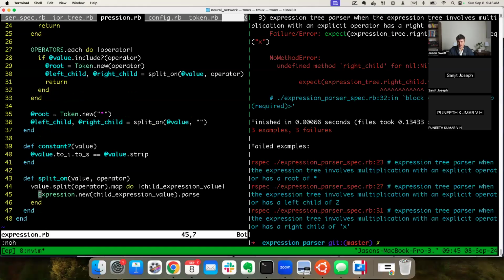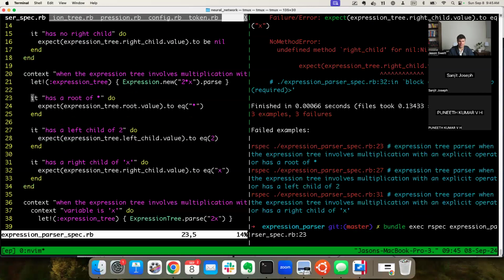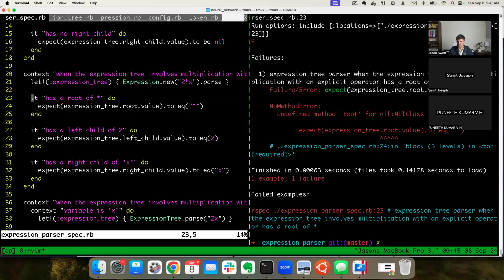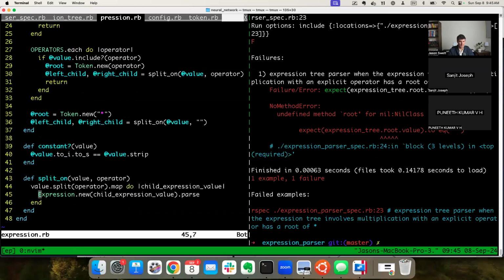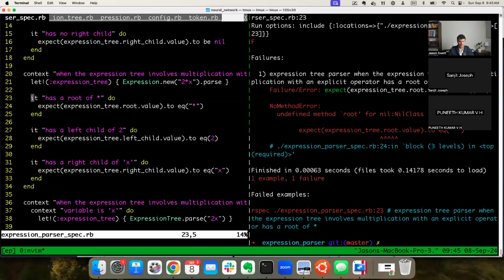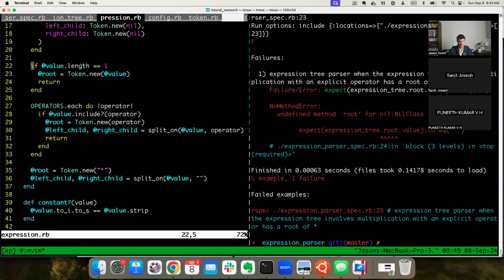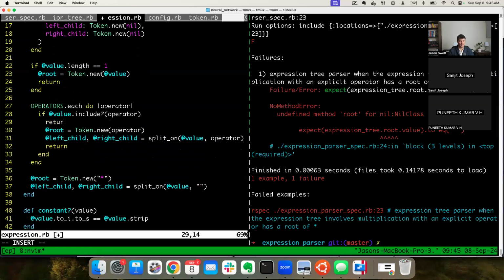Okay, now it's saying undefined method right child. Let's focus on just one of these to make it a little bit easier. Okay, undefined method root. Let's see where that's happening. Okay, so it has a root of times. So it's not going to get here because it's not a constant. It's not going to get here because it's not a length of 1 to begin with. I think it's going to come here. So I think we want to do return